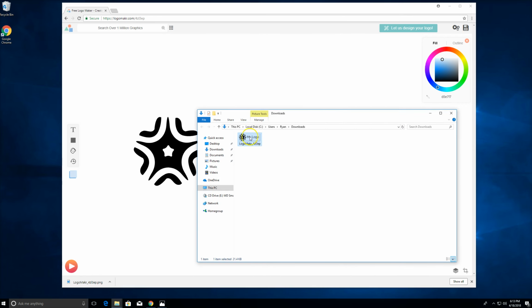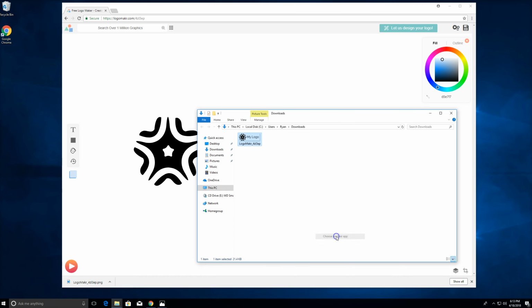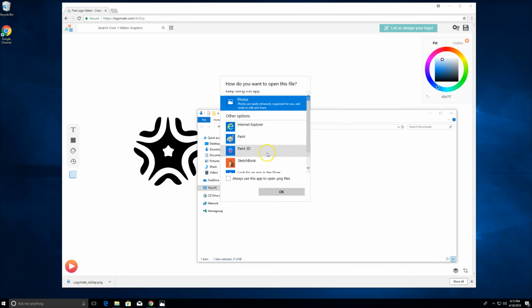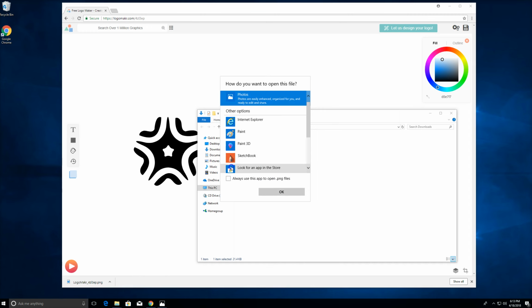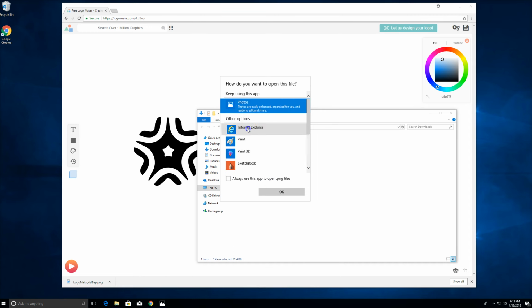There's a way to look at your logo and see what it looks like. If you just right click and open it up in Internet Explorer, you could do that. If you don't see Internet Explorer right here, when you right click and click open, you could choose another app just like that and then scroll down to more apps and then go down here and then find Internet Explorer